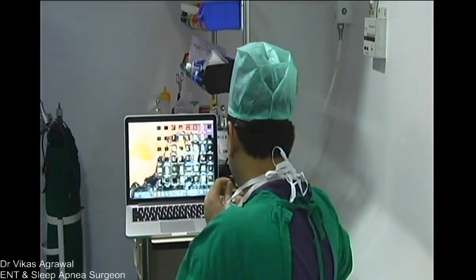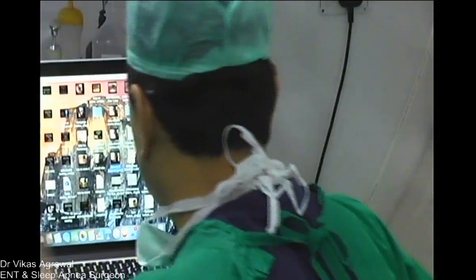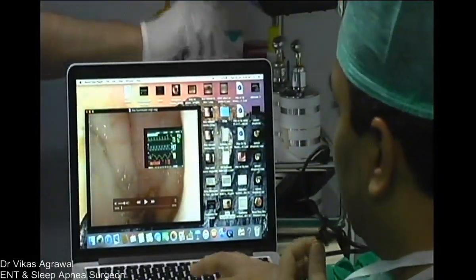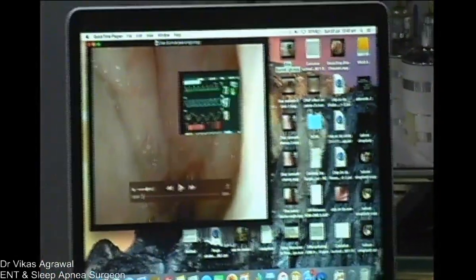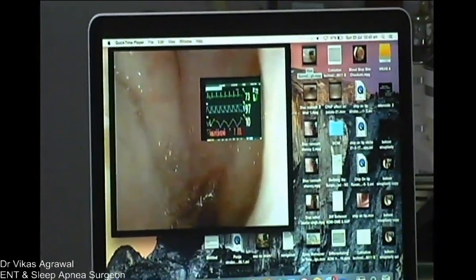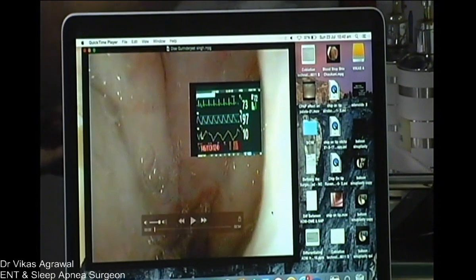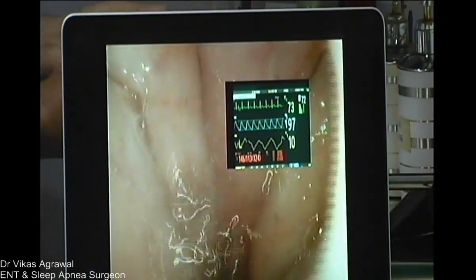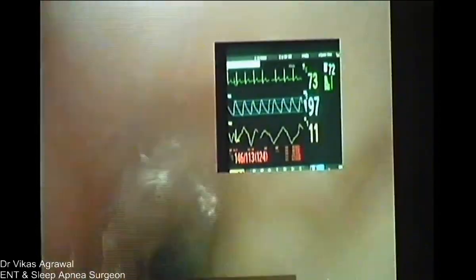So maybe let me show you first the DISE of the next patient who has got a tongue base. Now tongue base is a totally different ball game. There are a lot of things to understand. Maybe I'll come over and we'll discuss more about it. But if you see this patient's DISE, if you see him again,